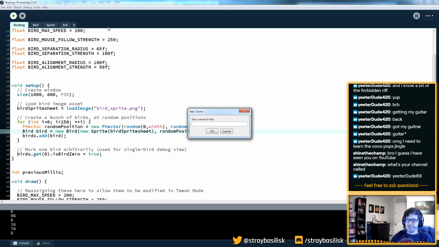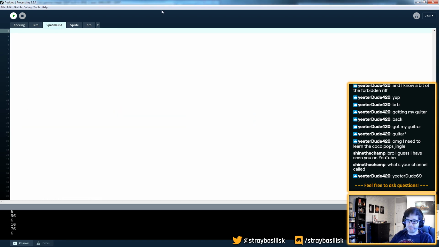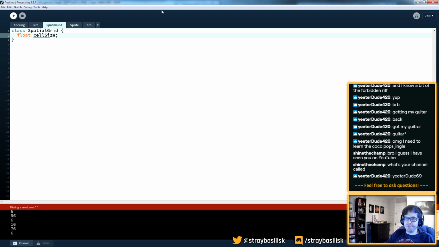So I'm going to create another tab for this. Let's call it a spatial grid, because that sounds kind of cool. And this is going to contain birds. It's going to be kind of an array. So it needs a bit of information, like it needs the cell size. It also needs